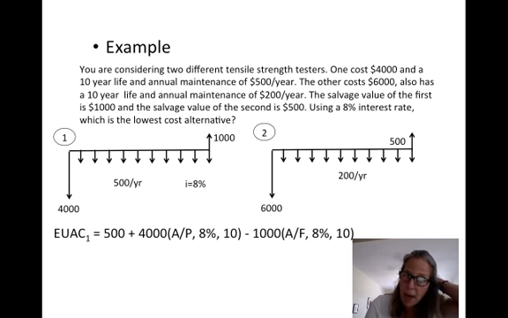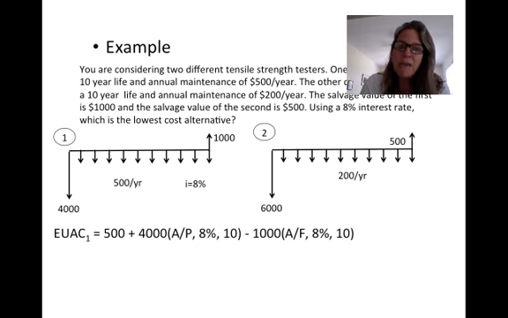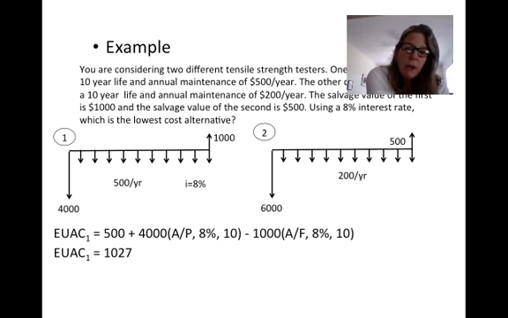So right now the signs of this are going to be reversed. Because this is a cost, the $500 is just an annual cost. And then the initial value of $4,000 I'm going to spread over 10 years. And then the ending value is a negative cost because it's an income, and I'm going to spread that over 10 years. And that value, once I've found the factors, is